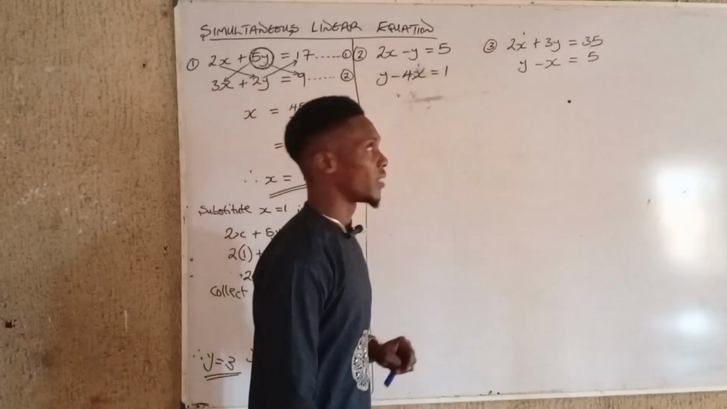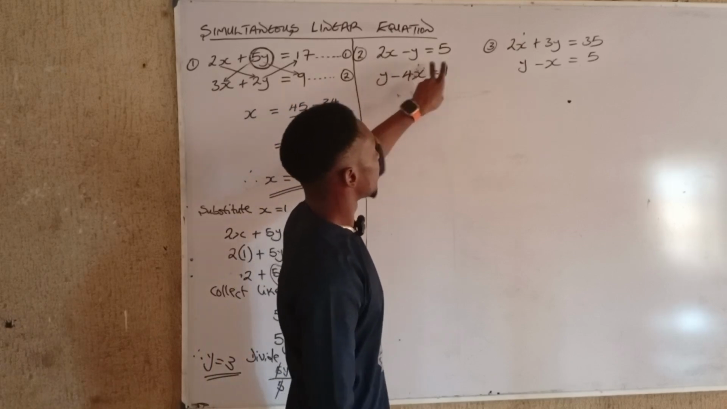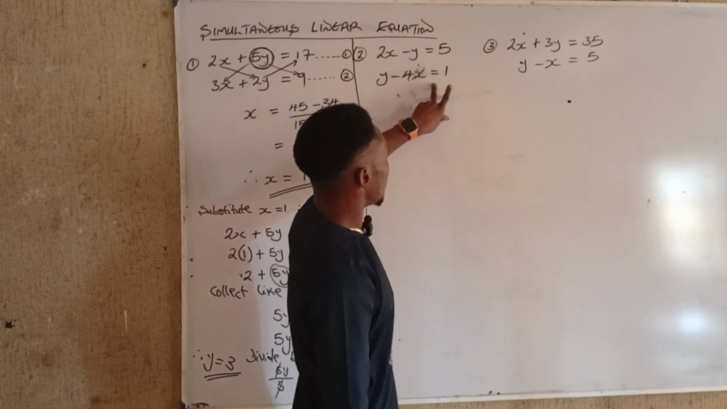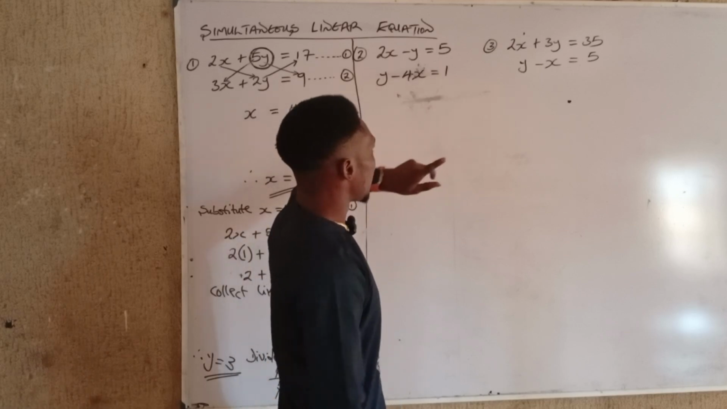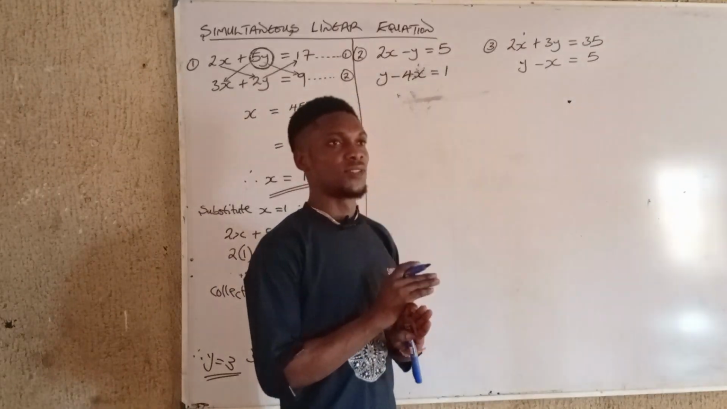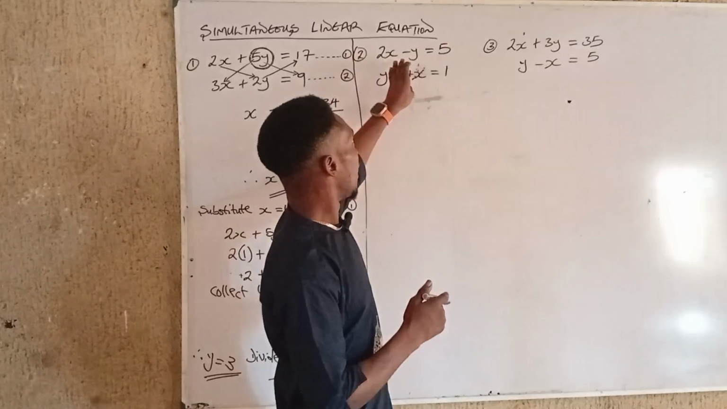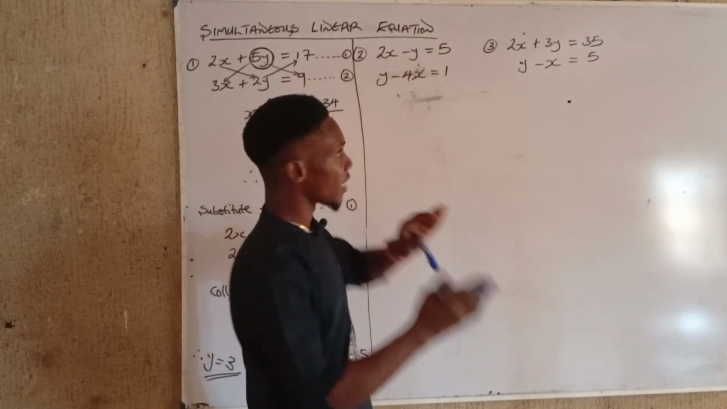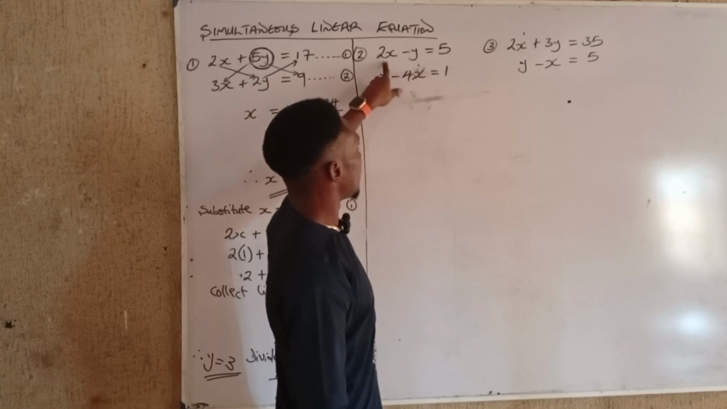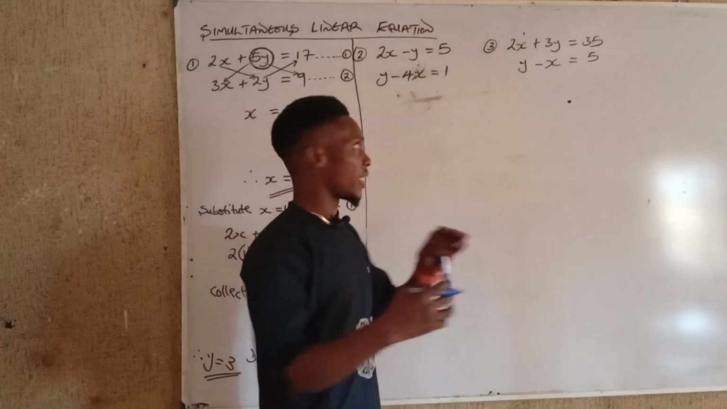And the next one, number 2, we have 2x minus y equal to 5 and y minus 4x equal to 1. Now looking at this equation, you see that it's been rearranged. So your first step is still to arrange it. You have to arrange the equation so that it can balance. What I mean by arranging it is, let this x be under the x here and let y be under y here. So rewriting this equation,